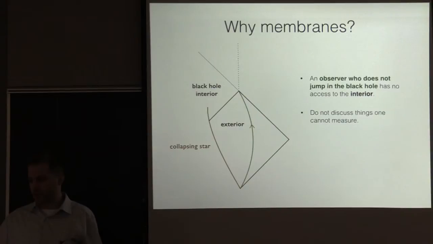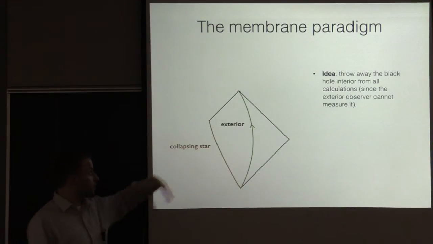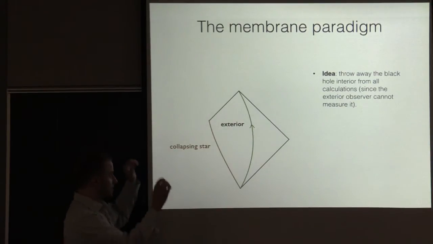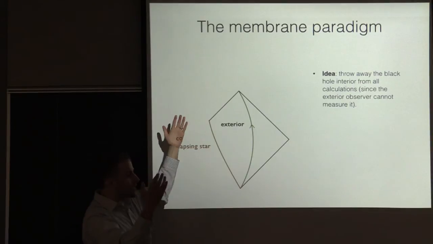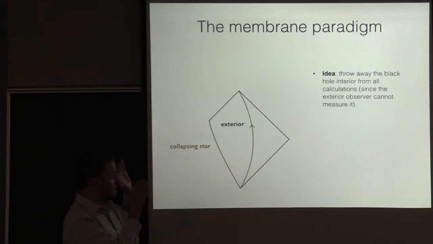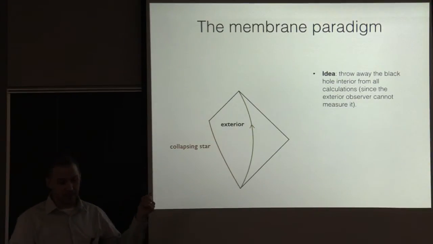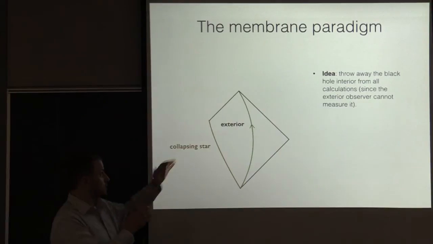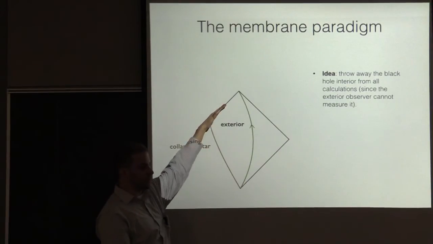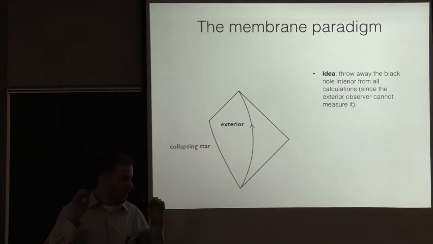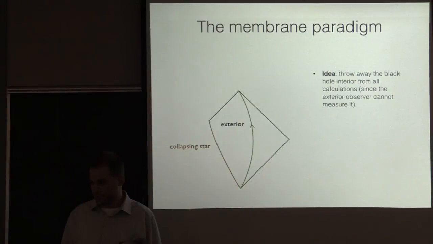Okay, so the first thing you could try to do is just throw away the black hole interior. And I'm just going to do all my black hole astrophysics on this space-time that just ends at the horizon. I should be able to. These signals can't get out anyways. So that's the first thing you might try. But you'll find, and I'll show you an example in the next slide, that you run into some problems where things aren't consistent when you do that. And so to fix up those problems, you have to introduce a membrane on this new boundary of space-time that you've created. And you define this membrane to have properties just right to reproduce physics in the exterior correctly.